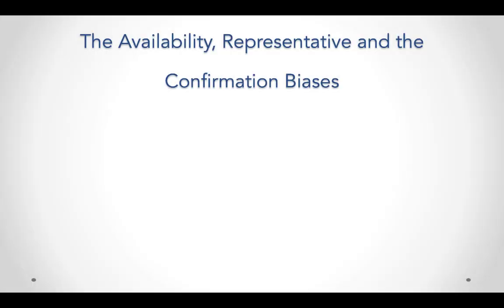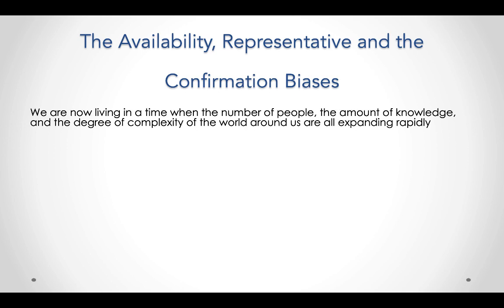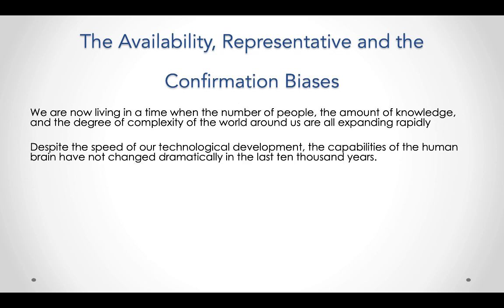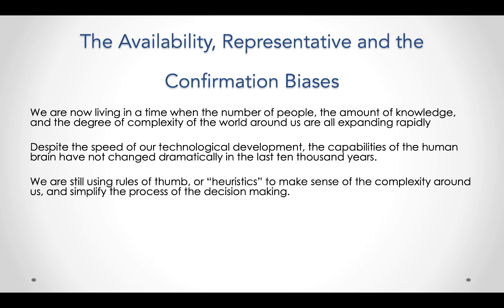Very good. So let's continue with more biases now, and the three most powerful ones are availability, representativeness, and confirmation bias. And by the way, each of them has other biases underneath that are created from it. All right, so this is a little bit of a write-up about why we're using rules of thumb, and